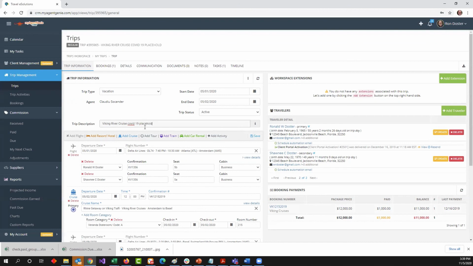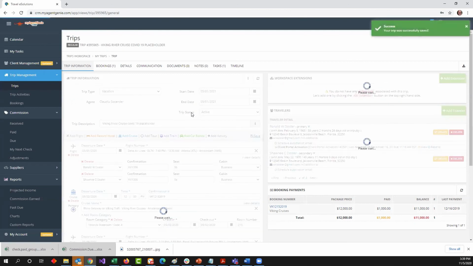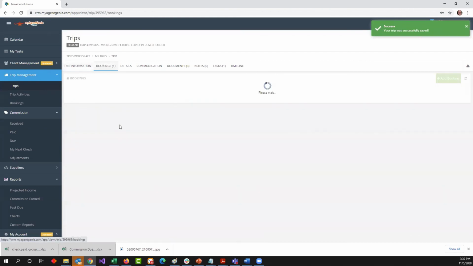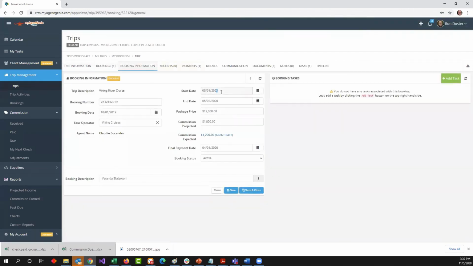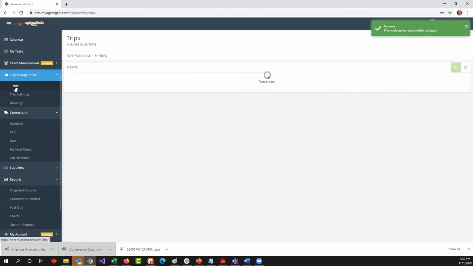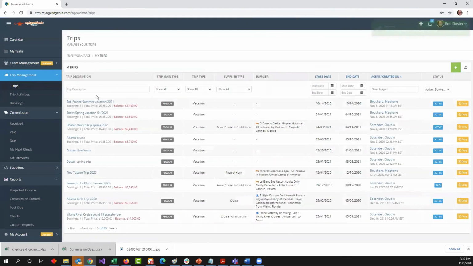PLACE folder. Okay. And then I'm going to change this date out a year. Okay. And I'm going to save it. And then I'm going to this booking and I'm going to change this start date out a year. Okay. So what happens now when I come back to my trips, then I can come in here